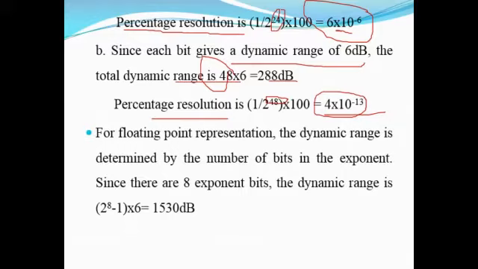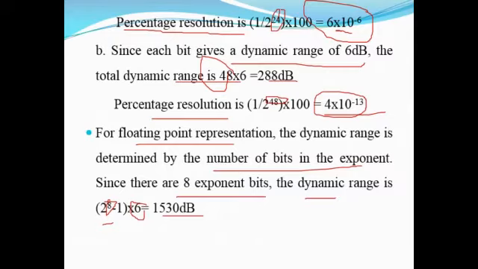Similarly, for the floating point representation, the dynamic range is determined by the number of bits in the exponent. So that is already known. Since there are 8 exponent bits specified in the problem, the dynamic range is 2 power n minus 1 into 6 dB. So it is 2 power 8 minus 1, where 8 is the value of n. 2 power 8 minus 1 into 6 gives 1538 dB. So this is what we consider for the calculation of the dynamic range